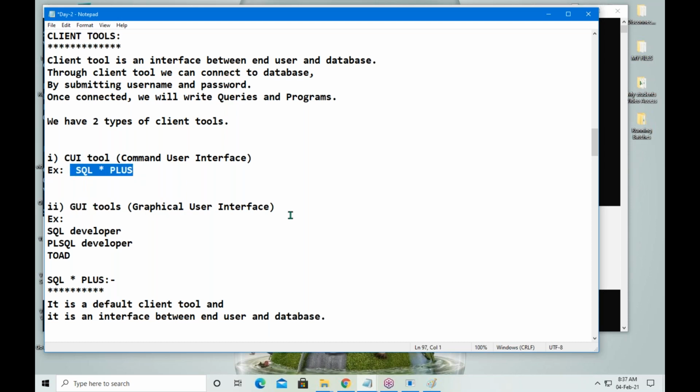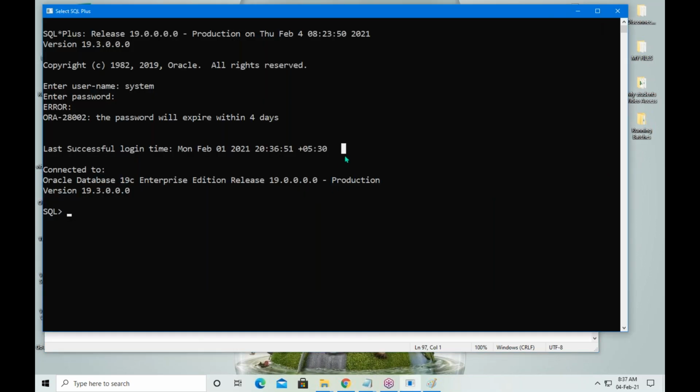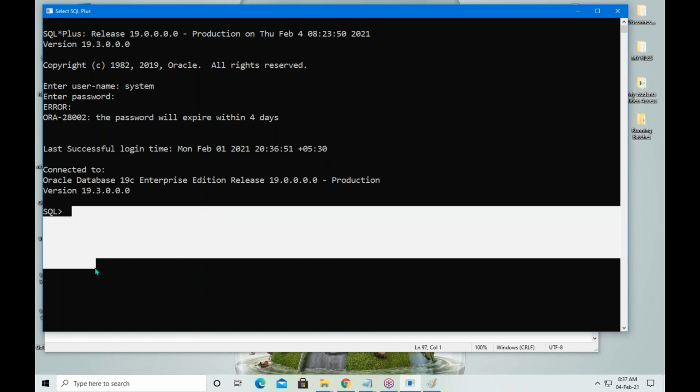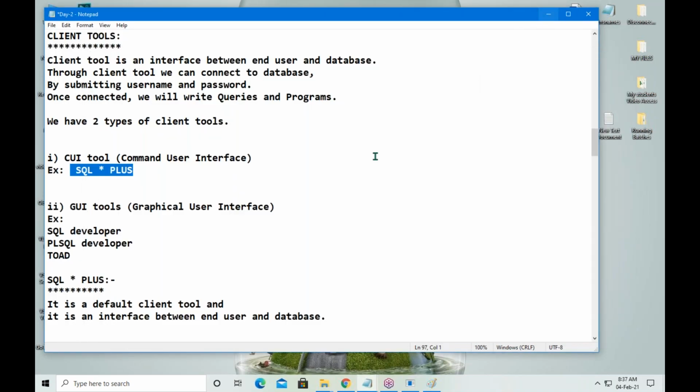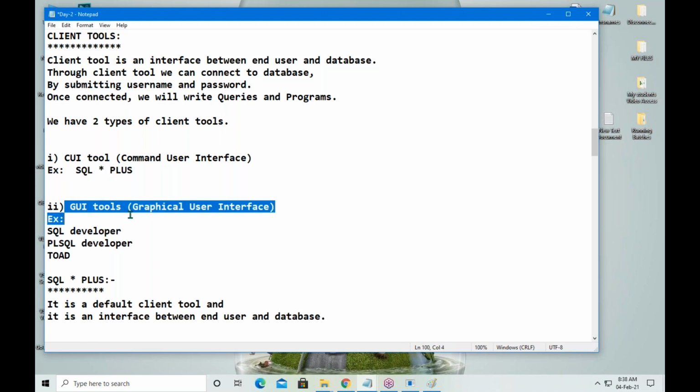SQL Plus, which we are just now seeing. CUI means command user interface. If you want to write anything here, we have to write it with commands or programs. That is CUI type. What is GUI type? Let me show you the GUI type.